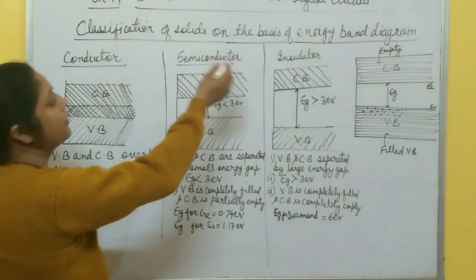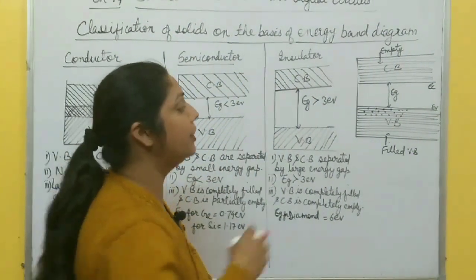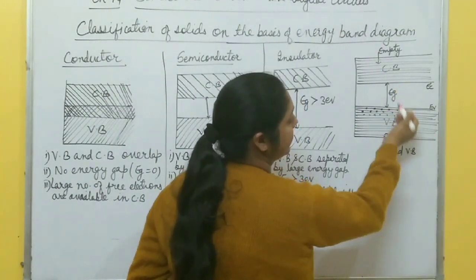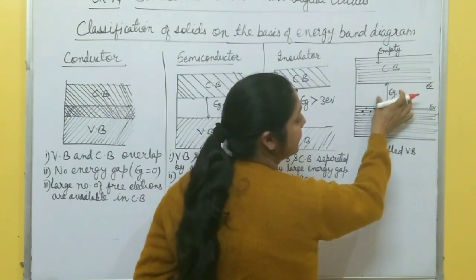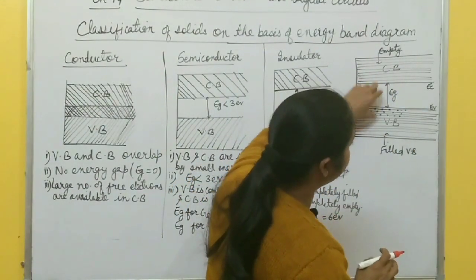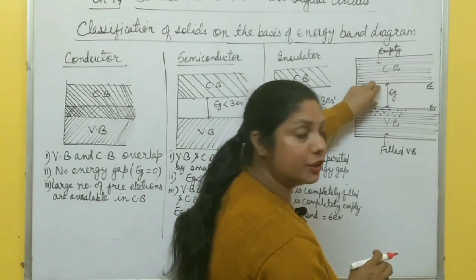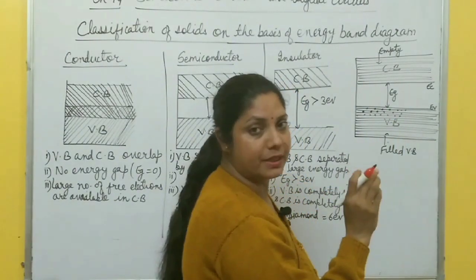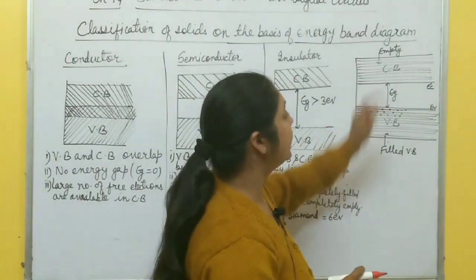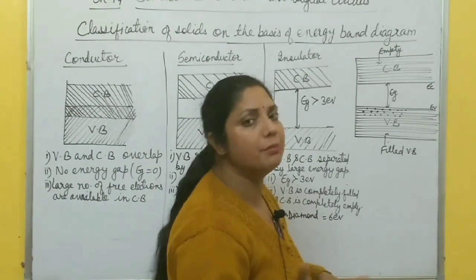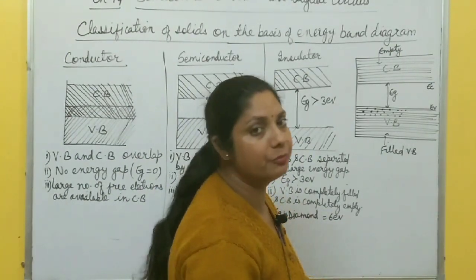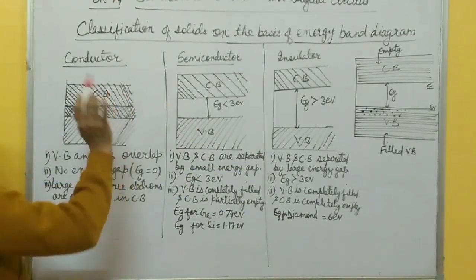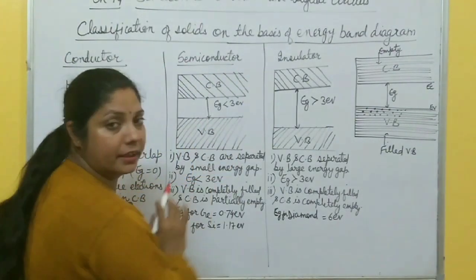Next, classification of solids on the basis of energy band diagram. You know the energy band diagram: the lowermost filled band is valence band, and next to this valence band is conduction band, and there is a gap between the top of valence band and conduction band. This gap is called energy band gap. In valence band, a large number of electrons are present and all energy levels are filled. But in conduction band, energy levels may be filled or unfilled depending on the type of material. So on the basis of this energy band gap diagram, there are three types of solids again: conductor, semiconductor and